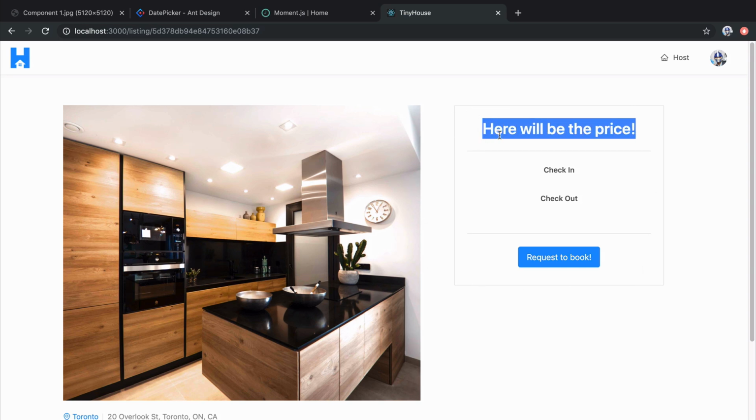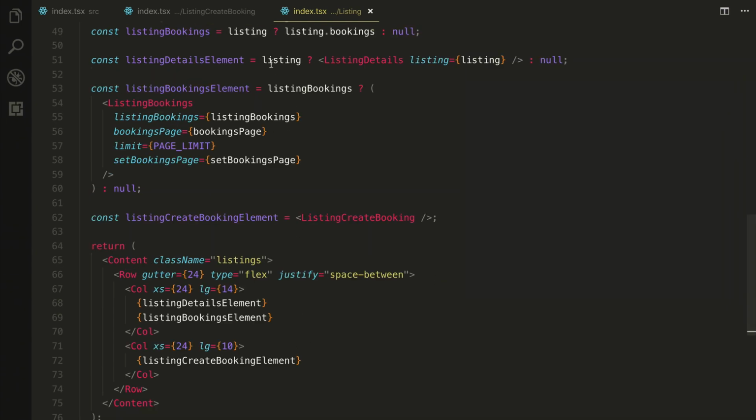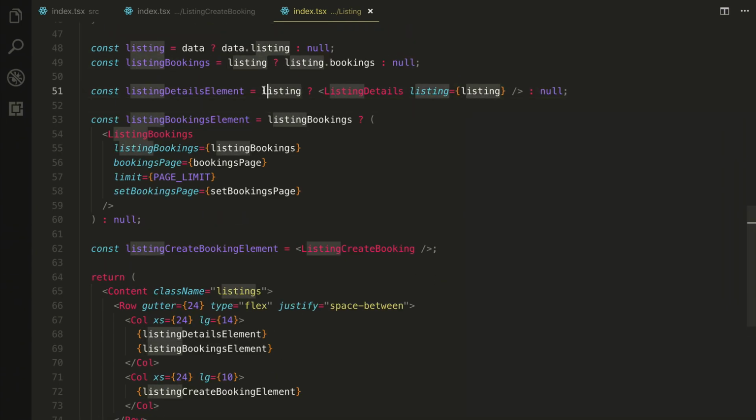Now, what we're going to try and do is get the price of the listing shown within this component in the title. In the parent listing component, we have the listing data object available to us, which contains a price field that determines the price of a listing for a certain day. So what we can do is check to see if this listing object is present. In other words, the query has resolved. And if so, we'll have the price value of this listing object passed down as a price prop to the